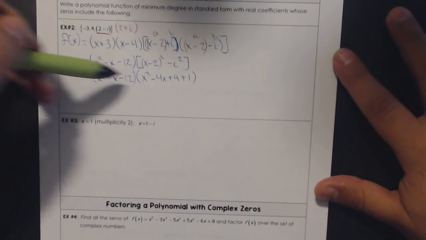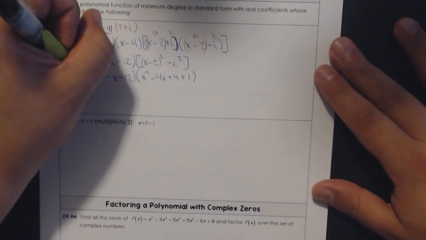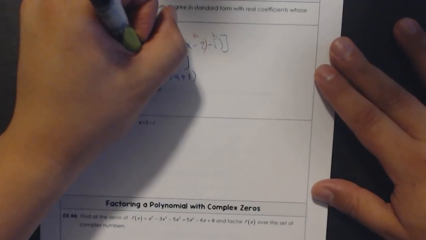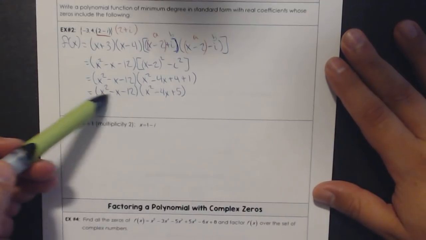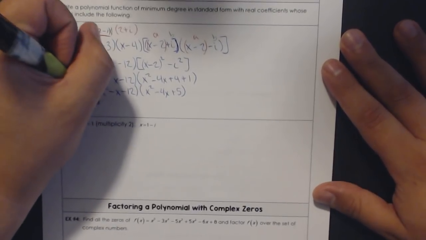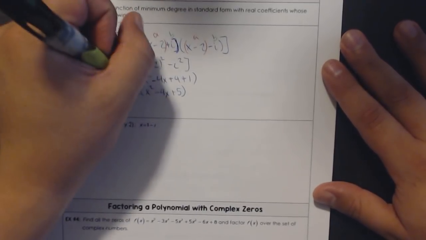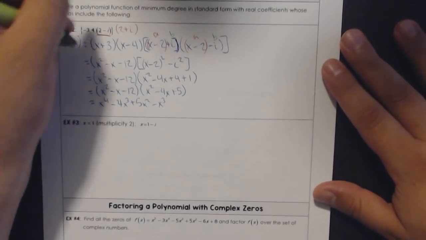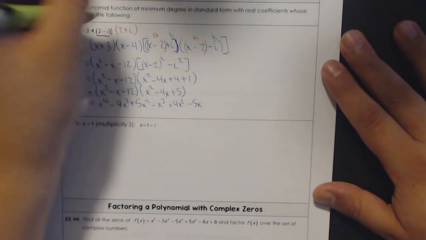And I have these two multiplying each other. So now I just need to combine like terms, and then FOIL these two out. Let's write that line one more time: x squared minus x minus 12 times x squared minus 4x plus 5. Now I'm going to multiply these two trinomials together. I get x to the 4th minus 4x to the 3rd power plus 5x squared minus x to the 3rd power plus 4x squared minus 5x minus 12x squared